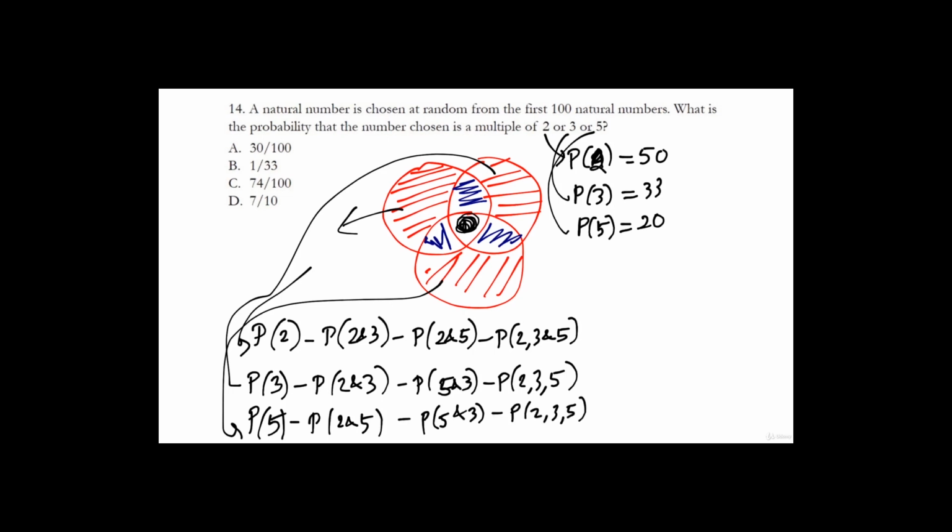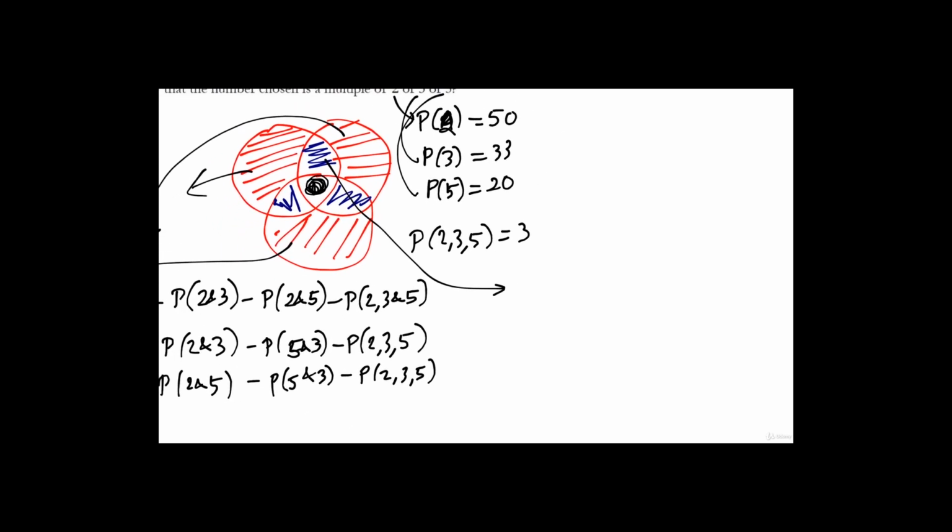We know that P of 2, 3 and 5 is 3. Now let us find out the first blue region, this particular region. The numbers that are divisible by 2 and 3, the LCM is 6, so we have 16 like that. So from this, when we subtract 3, we will get only the blue region, that is 13. So this region is 13,